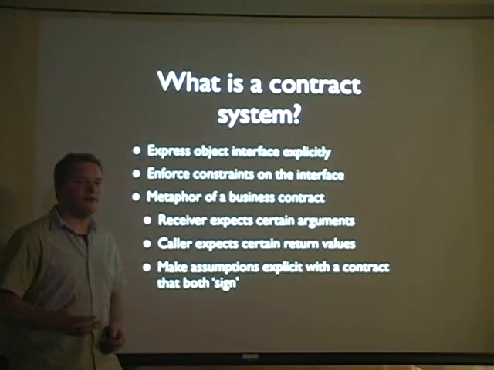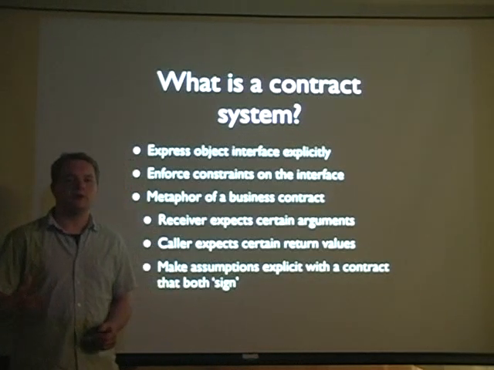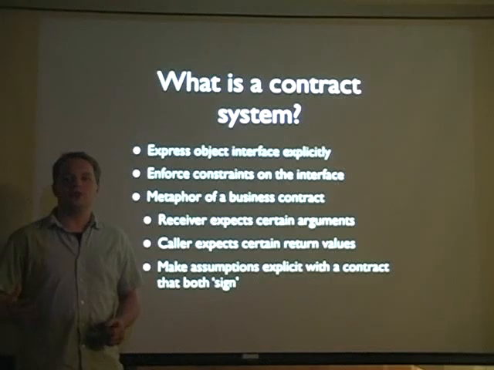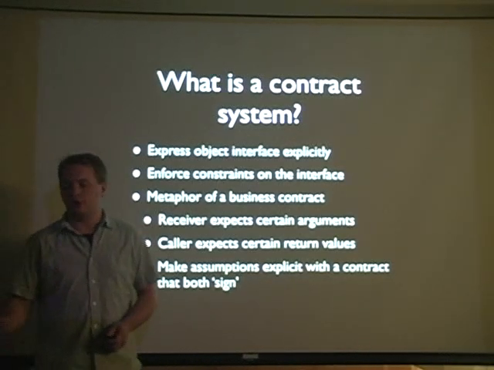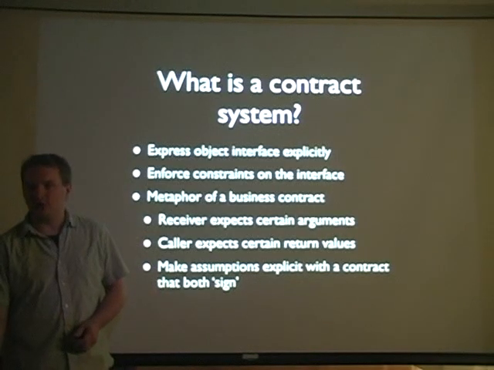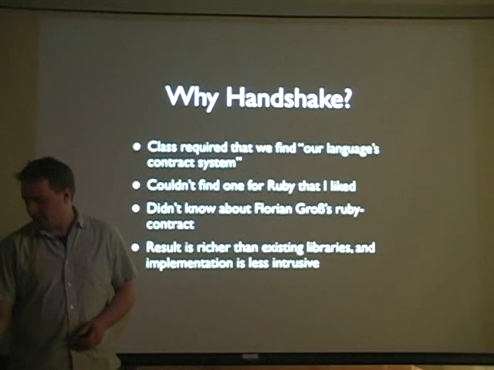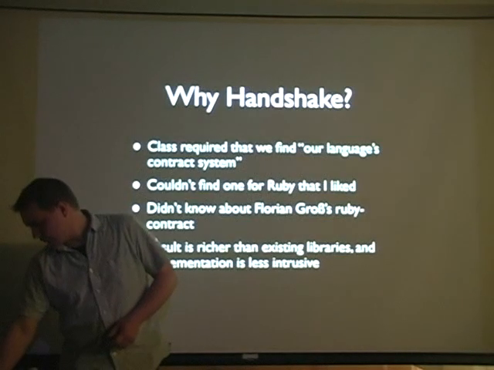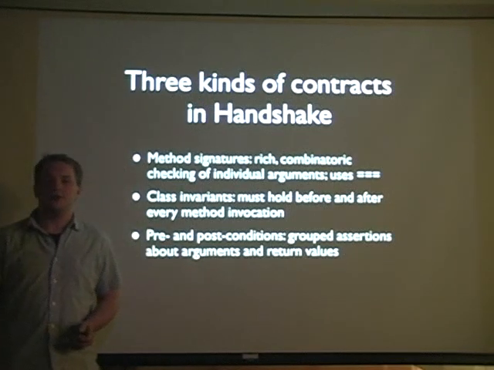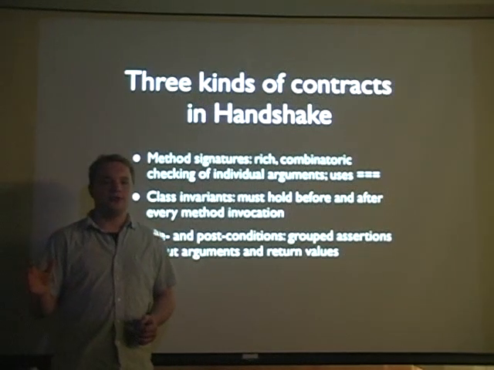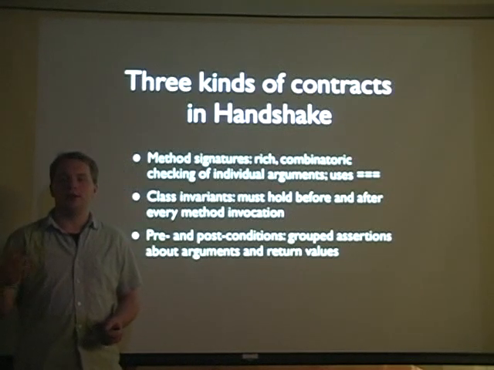And so the goal of Handshake is to provide a really flexible but informal framework for expressing those constraints so that they're explicit and so that they're enforceable, so that when you actually run this code, it'll enforce the things that you say should be true for the arguments and for the return values. So there are three things you can do in Handshake, basically. And the syntax is that you apply it to a class that you're writing.